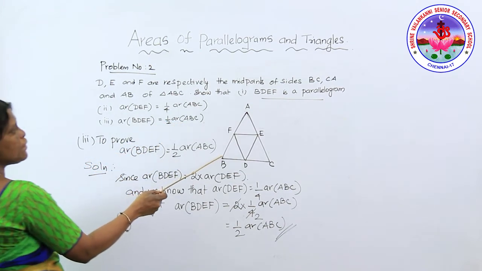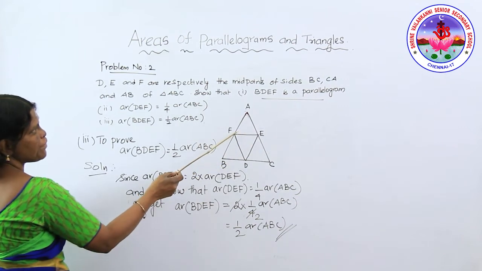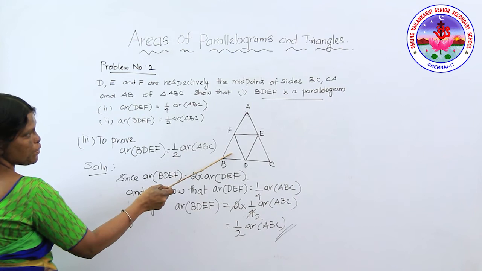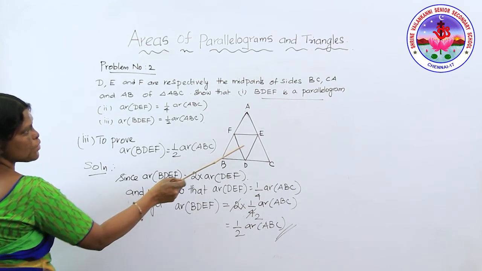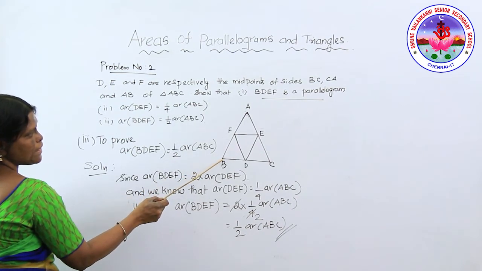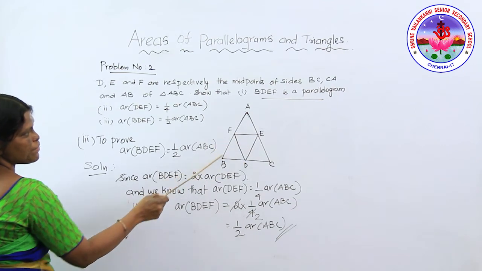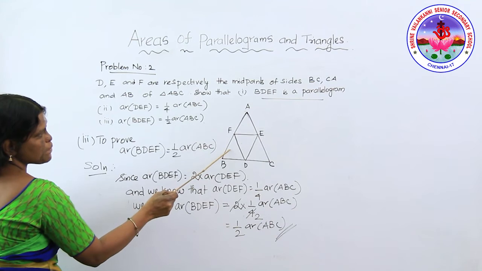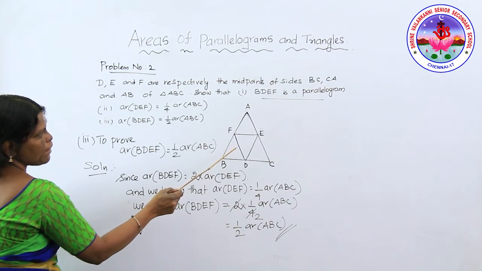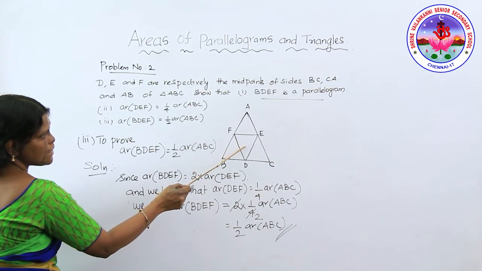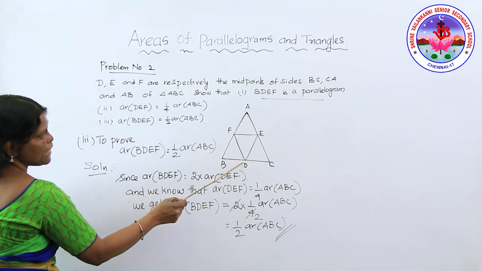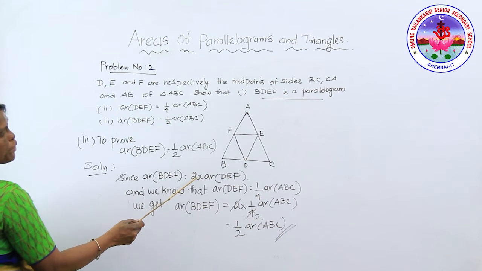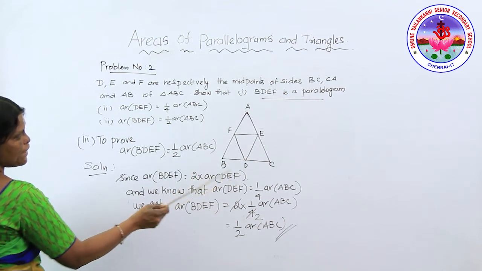Now you see the parallelogram BDEF, as we proved from the first case, BDEF is a parallelogram. So these two triangles are equal in their area. So I can say that BDEF is equal to 2 times my area DEF. Since both the triangle areas are equal, I am calling these two triangles 2 times this area DEF. So I write area of the parallelogram BDEF is equal to 2 times the area of DEF, where